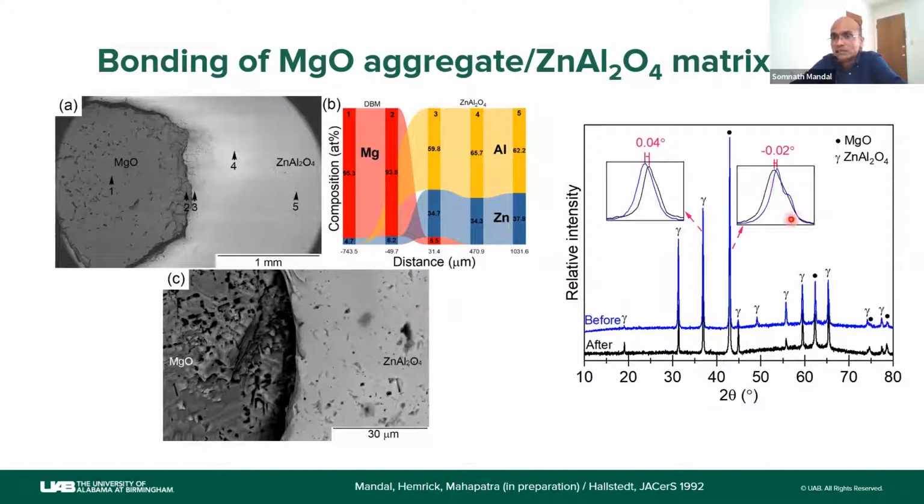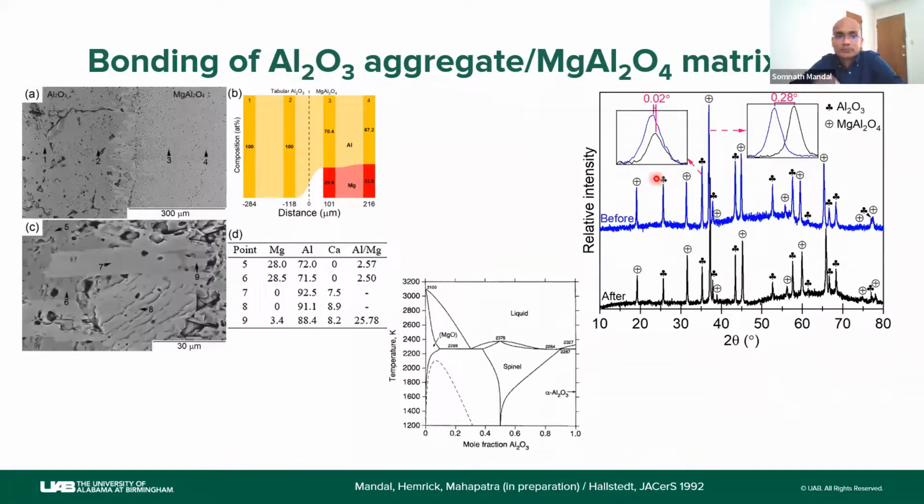So XRD tells you that there are minor peak changes. Again, there was not enough solid solution formation. The black is after firing, and there is very little gahnite intensity reduction, which is telling you that there is very minor sublimation of zinc aluminate. Now you see alumina, tabular alumina in contact with spinel matrix, and what you see here